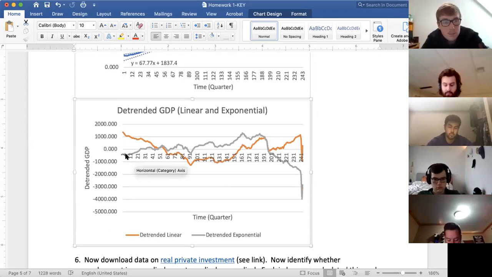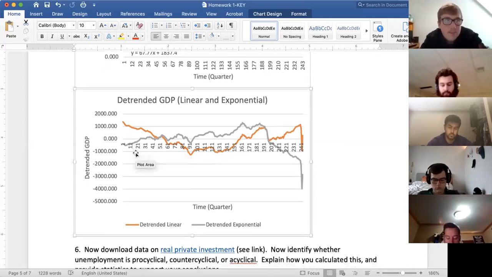And so with exponential detrending, once again, there's a lot of correlation between your errors, but it looks a little bit more random, right? It's not so much the case that you get a lot of positive errors, then a lot of negative errors, then a lot of positive errors. So anyway,